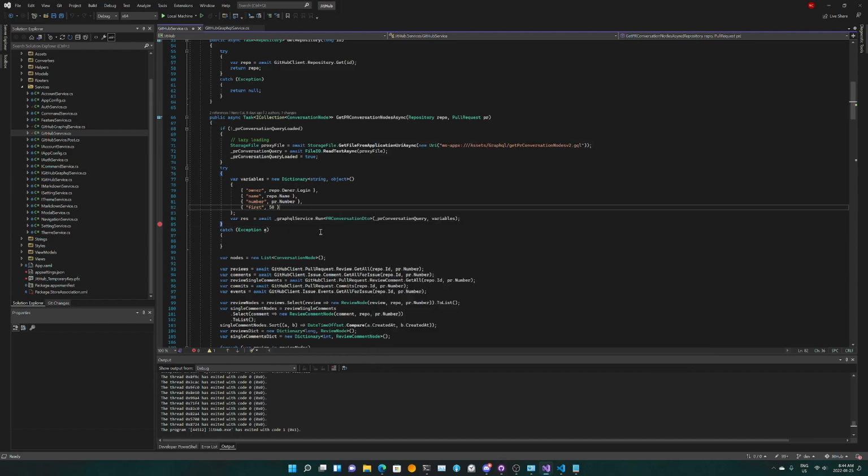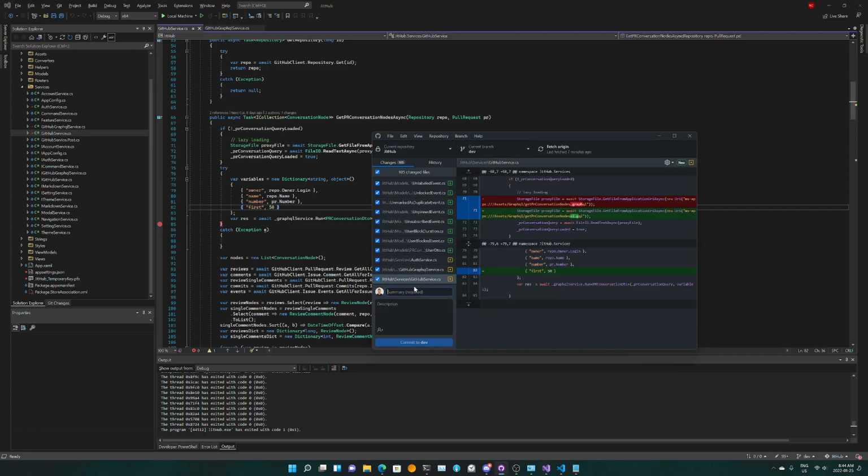So what I'm gonna do right here is just gonna commit everything. So, GraphQL deserialization done with converters, still need to debug, but the logic and definition are done.